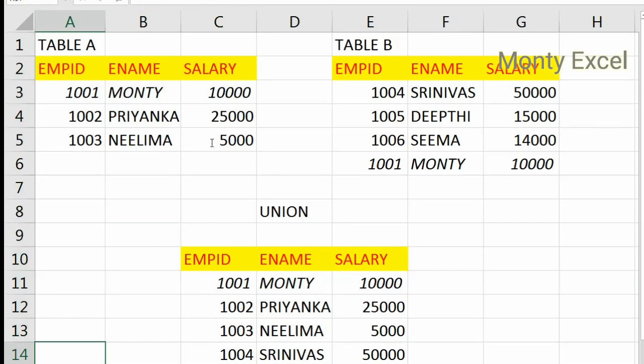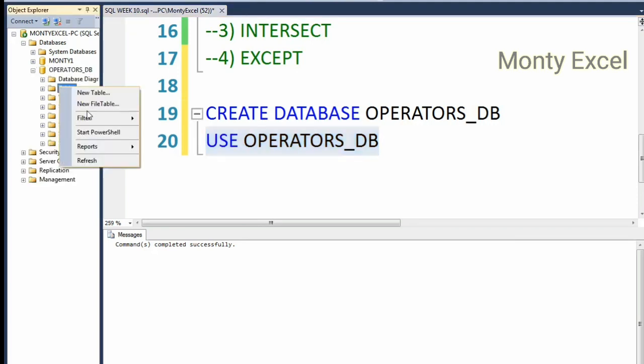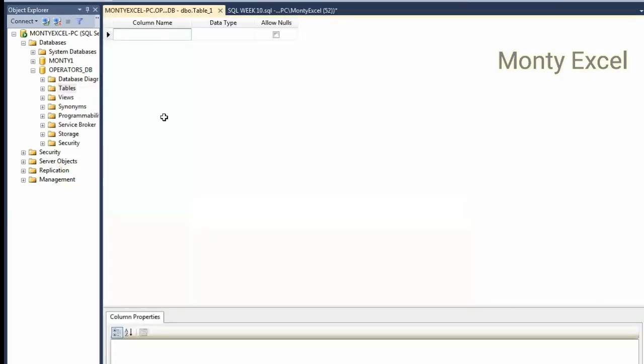So let me go for the GUI method, as we have three ways here. So let me see operators DB, which is ready now. So let me quickly change it. Now, if I want to create a table, what I do is simply I'll go for the table, then I'll say new table. So once you say new table, in the interest of time, I'm creating directly from my GUI